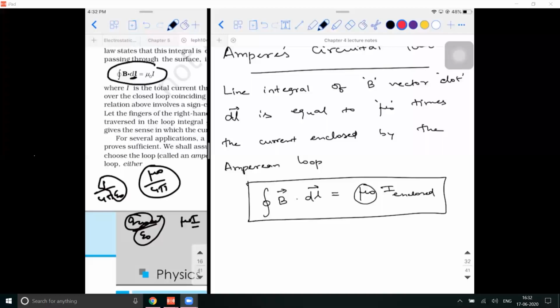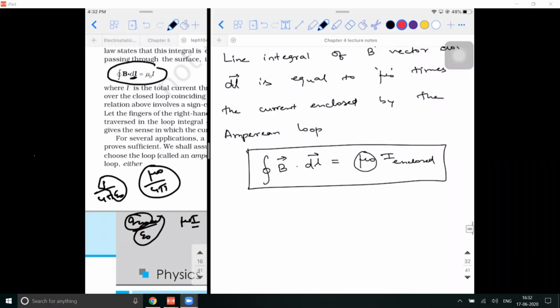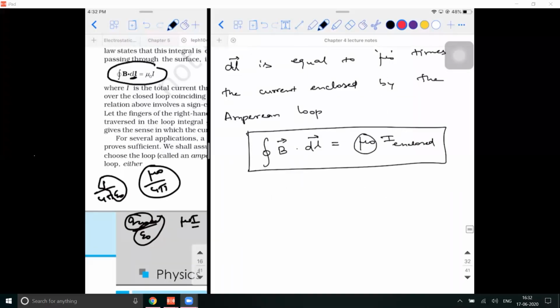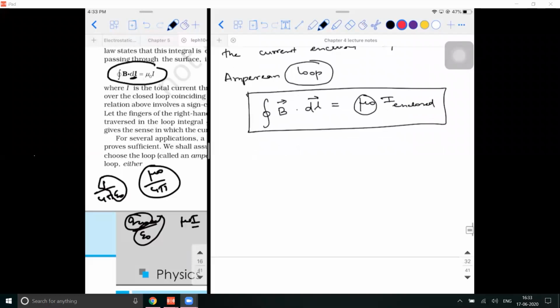That is a very important point. Then on the Gaussian surface, you will consider a small area dA and assign a direction to it. Then you will write the integral of E dot dA, equate it to 1 by epsilon naught times Q enclosed, and then you will finish the story. The same thing happens here. The only difference is that we call it a Gaussian surface because generally you consider a 3-dimensional surface. Here you call it an Amperian loop, because for Ampere's circuital law you consider loops, meaning 2-dimensional shapes around the charge distribution. Okay, let's see how to do it.